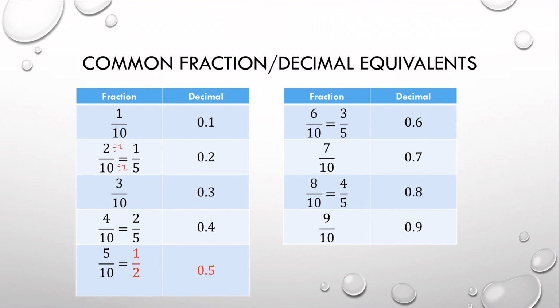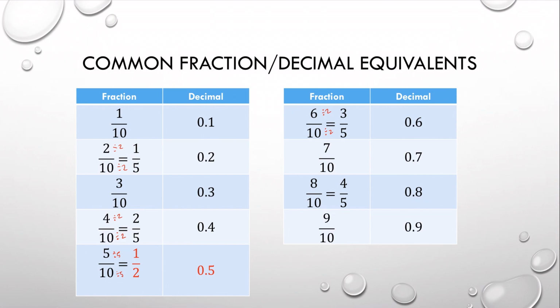4/10, again, dividing these both by 2 would give you 2/5, and both of those fractions are equivalent to 0.4. 5/10, dividing both of these by 5 would give me 1/2, and both of those are equivalent to 0.5. 6/10, dividing both of those by 2 would give you 3/5, and both of those are equivalent to 0.6 or